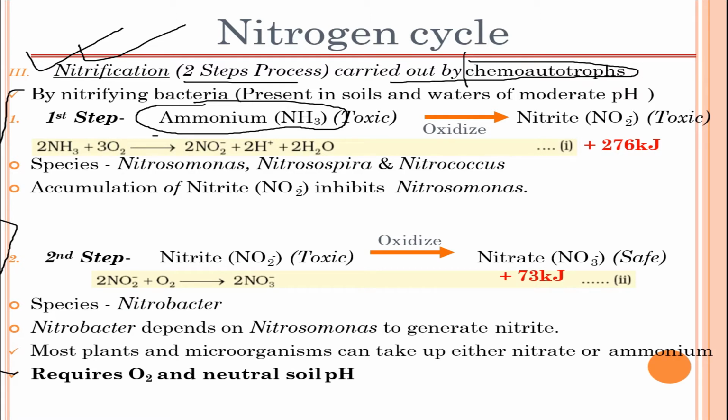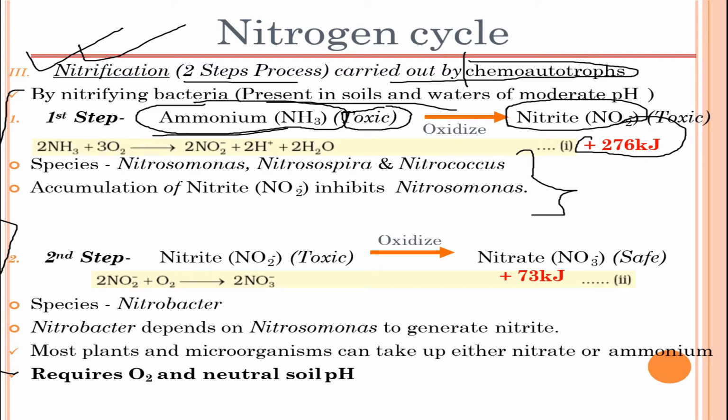It all starts with ammonium or ammonia. Starting with ammonium, which is definitely a toxic compound, it slowly gets oxidized to form nitrite first. So the first step is formation of nitrite, NO2 minus, which also liberates a lot of energy, and it is present in soils and water of moderate pH. Some of the microbes that help in this process are